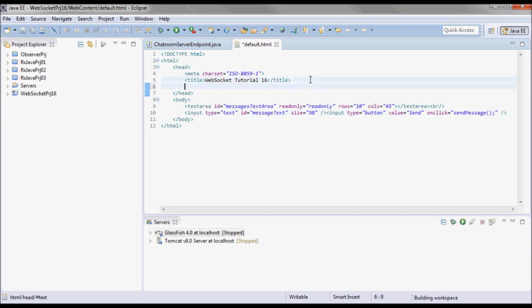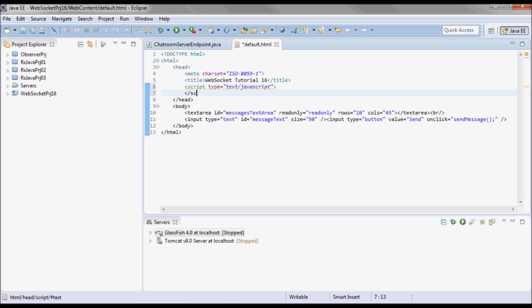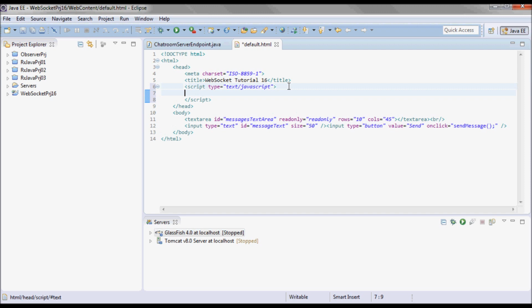And I will place the JavaScript code over here. So this is where I will have my send message function.